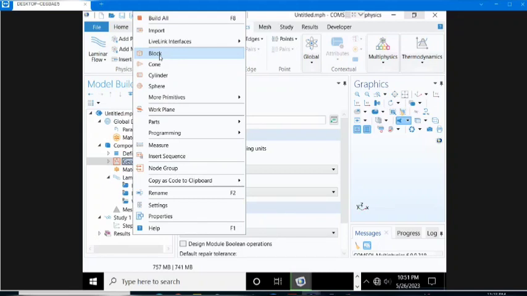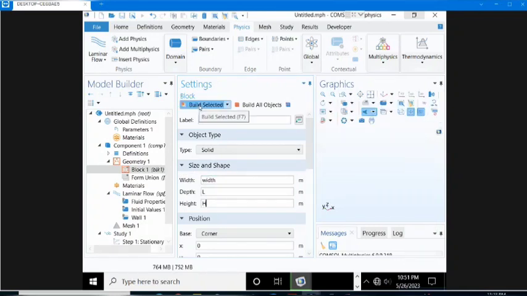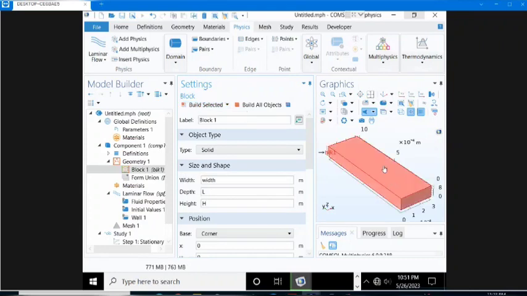So here I have a rectangle, a microchannel with rectangular cross section. So I choose block, and the width is the parameter that I defined before. The depth is L, and the height is H. So this is the size of this rectangle, and if you hit on this button, you can see your rectangle here,